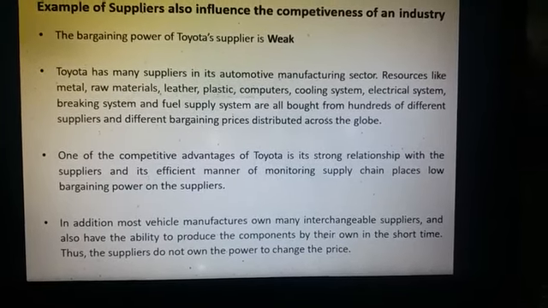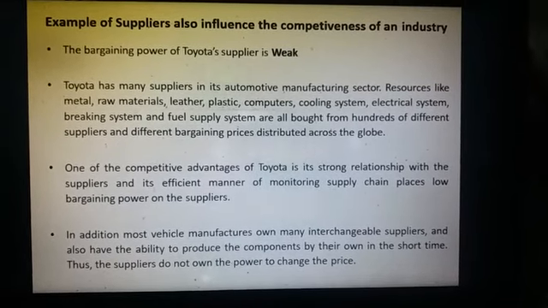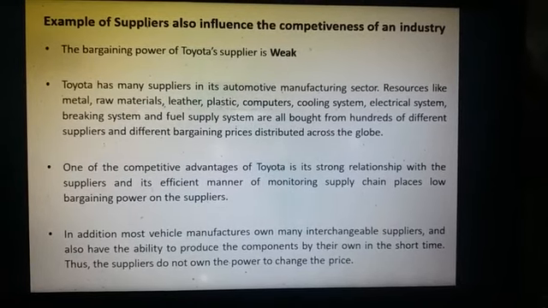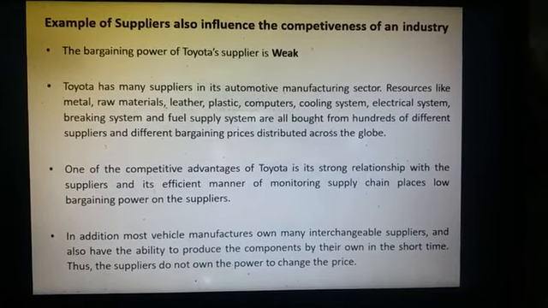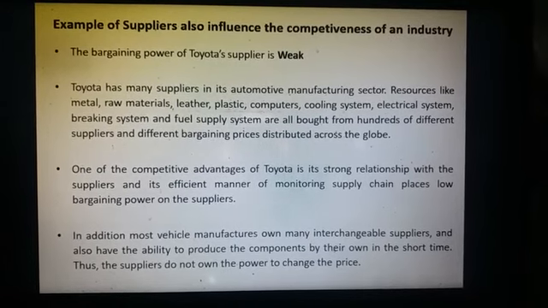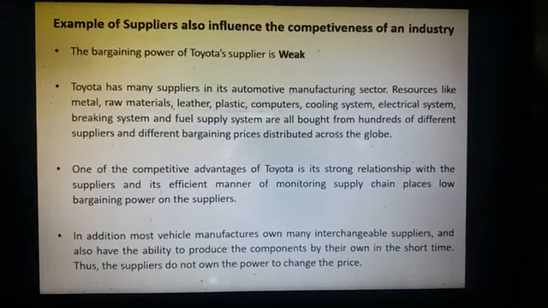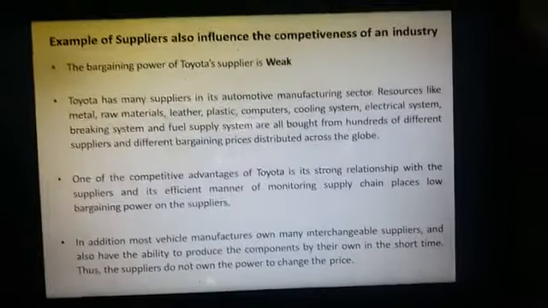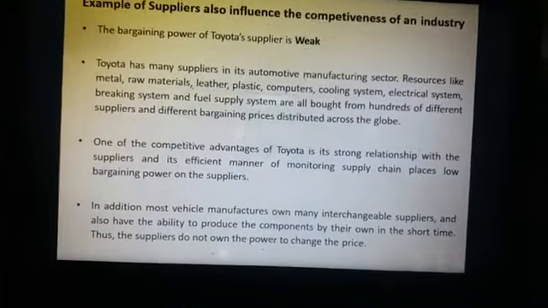What is supply chain? Supply chain refers to the inbound logistics and the outbound logistics. For example, what are the factors that are required to produce a product in case of supply chain? As we discussed in the class earlier also, if you remember the fishbone diagram. Fishbone diagram consists of the internal factors and the external factors. For example, firm infrastructure, human resource, raw materials. These are the factors which are required. They become a part of the inbound logistics.